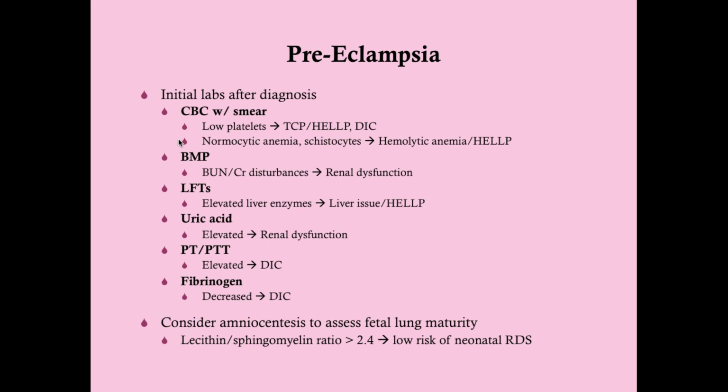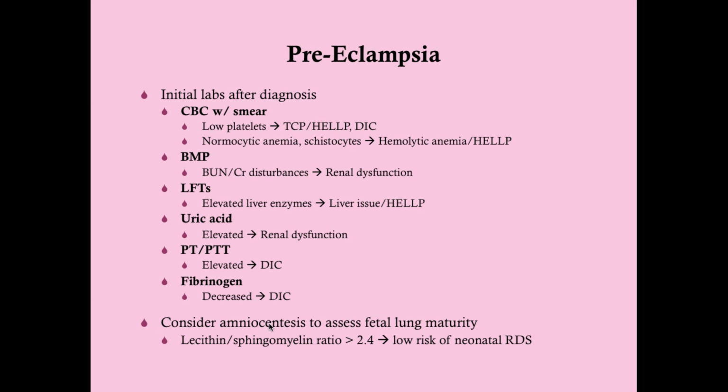Okay, so you can see the common thread of all these labs is to look for some of the things that point us towards a severe preeclampsia rather than just old mild preeclampsia. Because we don't want to wait until the woman is symptomatic of severe preeclampsia. Because if she has one of these things, let's say she has a hemolytic anemia, she's at a very, very high risk to ultimately develop visual changes or seizures. And so we need to be very, very careful and get these labs so we can determine if she already has severe preeclampsia so that we are monitoring her much more closely than if these were all normal. She would have just mild preeclampsia and her prognosis is a little bit better. Okay, so that's why we get these labs.